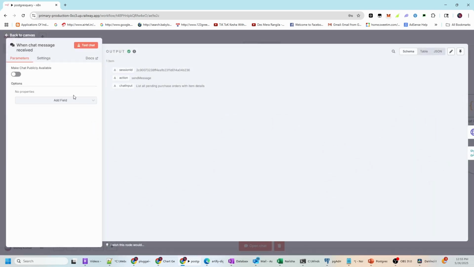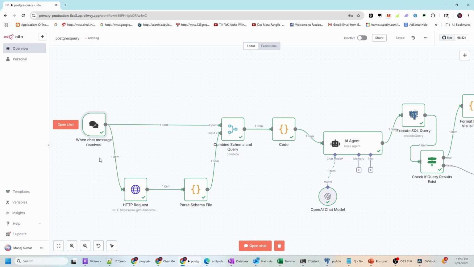So let's say you have got a chatbot running. Maybe it's integrated into Slack, Discord, or even a custom web app. You want to trigger a specific action when someone sends a message. That's exactly when this node comes into play. It's called When Chat Message Received. This node acts as the kickoff point. It's just listening, waiting for someone to say something like "show me inventory" or "can I get my product stock"